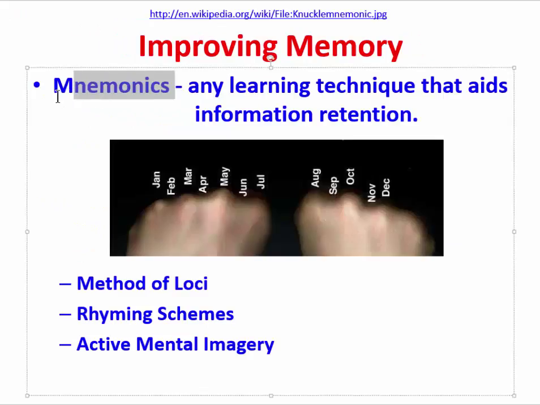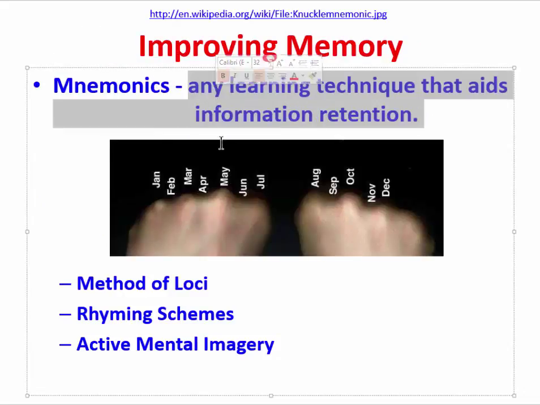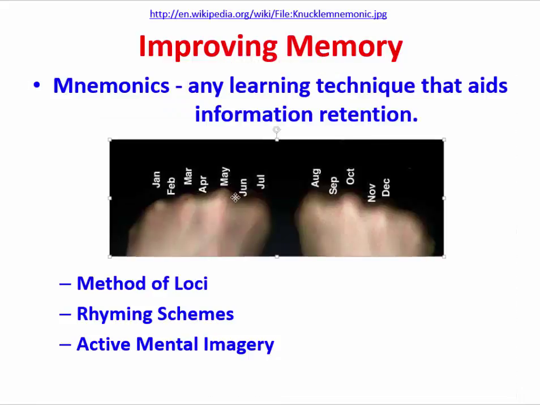One way to improve memory is through the simple use of mnemonics, any learning technique that aids information retention. So here's one that you may have seen before, and this is kind of fun. Sometimes people have trouble remembering which months of the year have 31 days. So we can use some kind of technique that might aid in the retention of those particular months that do have 31 days. And it turns out that just by chance, if you were to start naming the months and pointing to your pinky knuckle, and then the small crevice in between your pinky knuckle and your fourth finger knuckle,